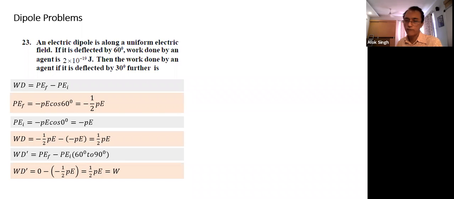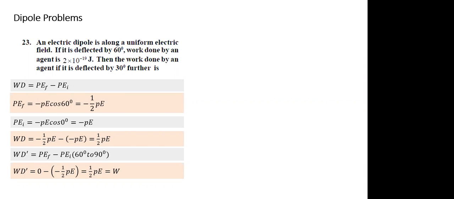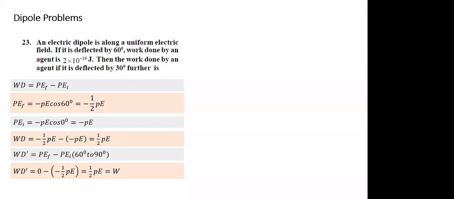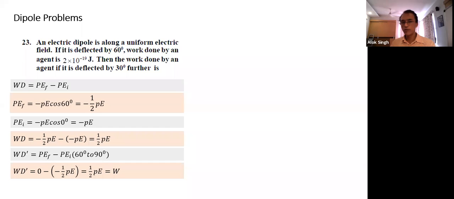What is the maximum kinetic energy it will acquire, and at which position will the kinetic energy be maximum if the dipole is released from theta equal to 90 degrees? It will be maximum when potential energy is minimum. When is the potential energy minimum? At theta equal to 0. So what will be the kinetic energy at that point? Loss of potential energy will be the kinetic energy. From 90 to 0, what is the loss of potential energy? PE. So the kinetic energy at the mean position will be equal to PE.